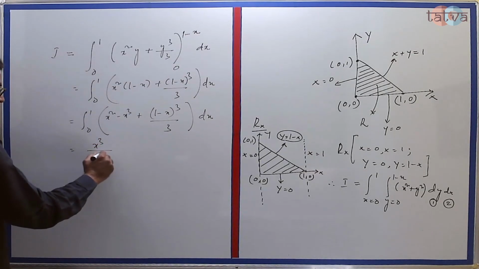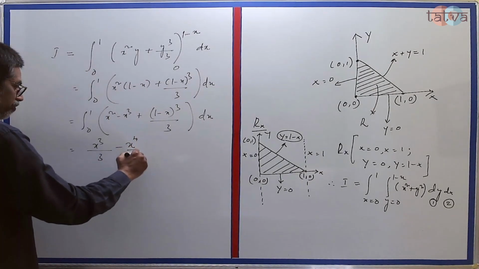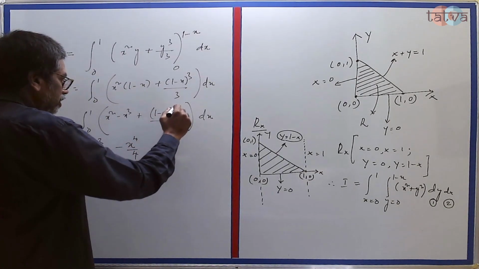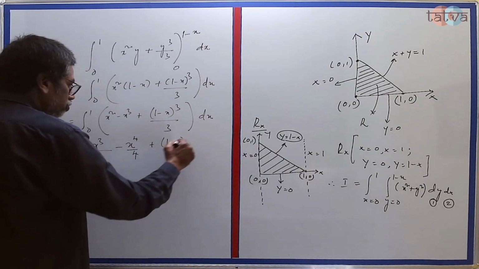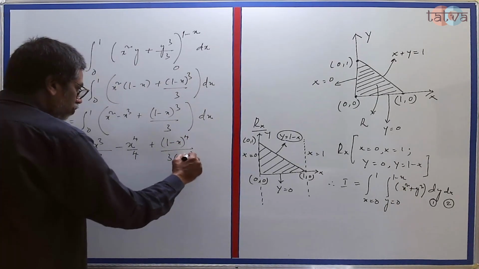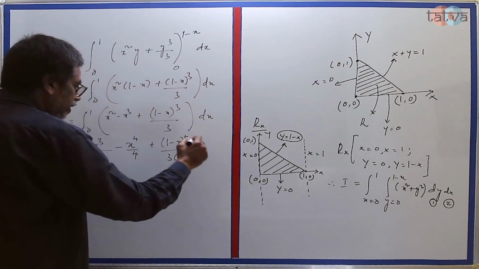The integration of x squared is x cubed by 3. The integration of x cubed is x to the power 4 by 4. The integration of (1 minus x) whole cube will be (1 minus x) to the power of 4 by 3 times minus 4. You know, this minus sign is important because of the minus sign there,